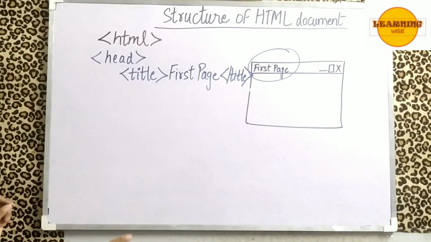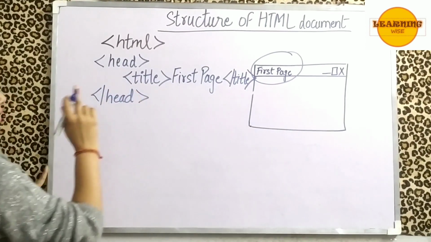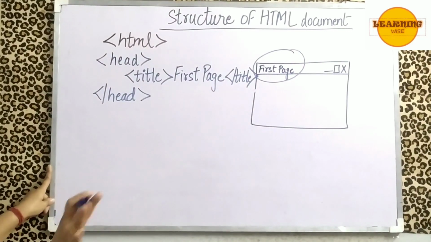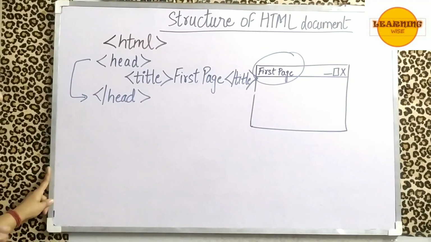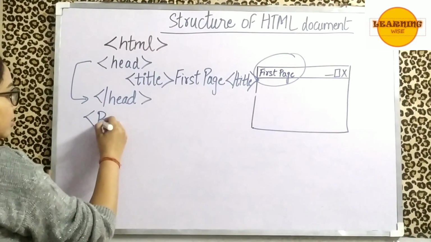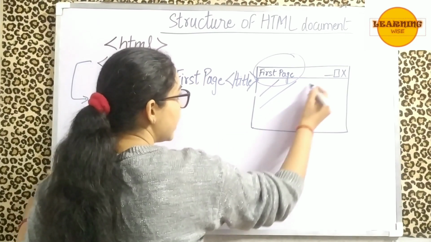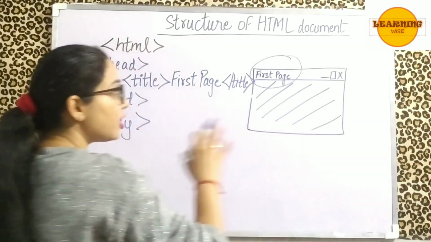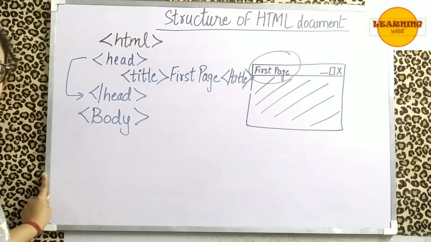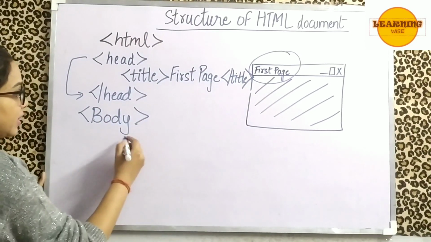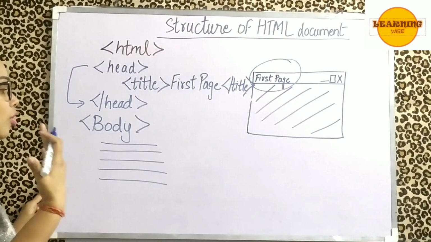Okay. After that we have to close the head tag, because the head tag is nothing but the title only. Okay. You can just see the head tag contains nothing else except for title. Followed by the body tag. Okay, so the body tag is basically this area. The white area which you see on the browser is nothing but the body part of the web page. Okay, so all the important tags which we use, they are basically in the body part, or all the content.